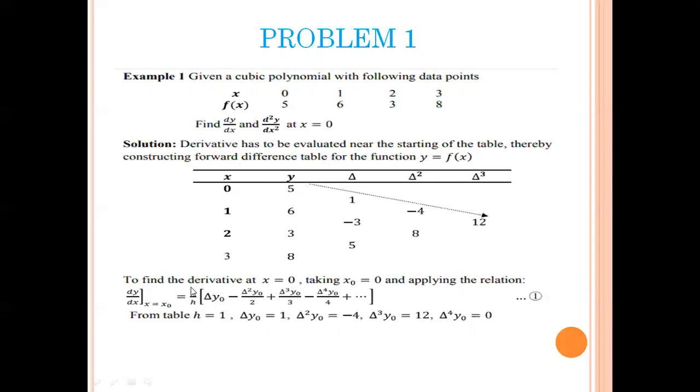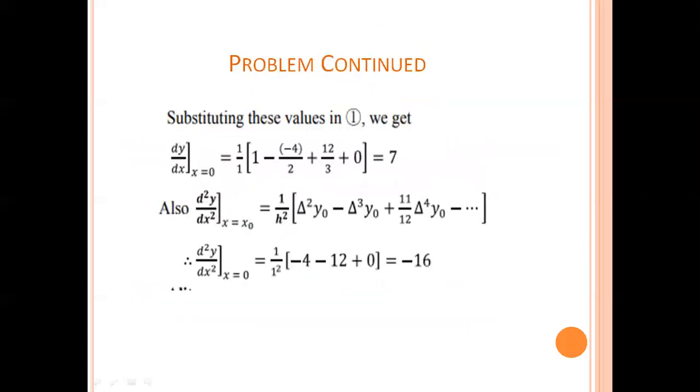And we know the formula for the derivative. The first derivative dy by dx is 1 by h into delta y naught. Delta y naught we consider the first value, 1, minus delta square y naught divided by 2. Here delta square y naught is minus 4, plus delta cube y naught divided by 3. Here the delta cube y naught value is 12 and delta power 4 is 0. Substituting these values in the above equation, we get dy by dx is equal to 1 by h, that is 1 by 1, into 1 minus of minus 4 divided by 2 plus 12 by 3 plus 0